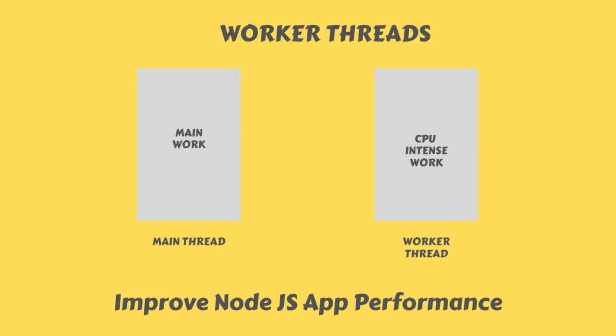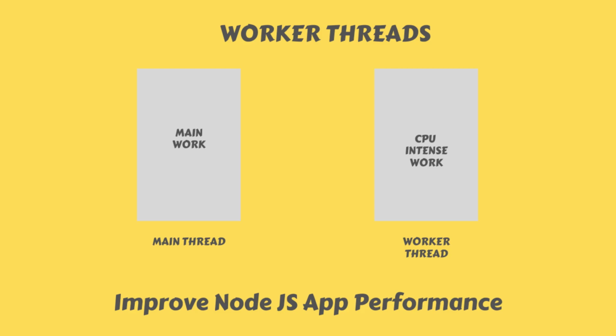What you can do in such scenarios is spin up a new worker thread and offload your CPU intense work to that thread. You have to keep in mind that these worker threads are not basically multi-threading. Node.js is single threaded, and it will be single threaded even after using this worker thread. All we do using a worker thread is create a new event loop, which is separate from the main event loop, and in that event loop we can do any separate or parallel work. As we know, each event loop has its dedicated memory and CPU, so it will be isolated from the main thread and it will never block or slow down the main thread.